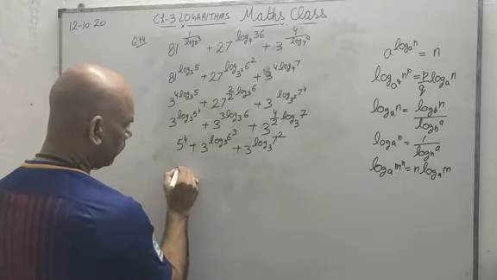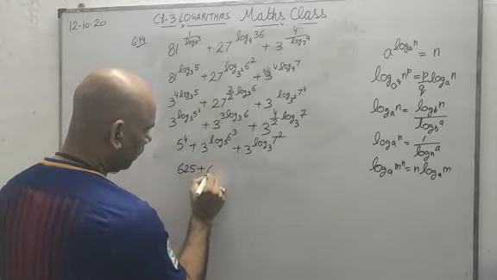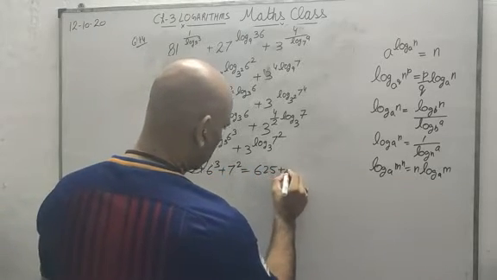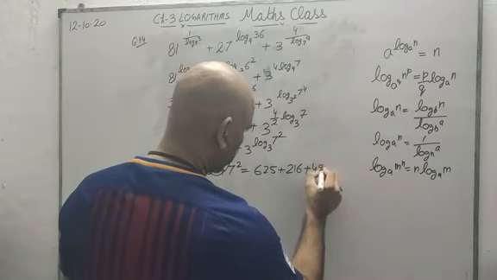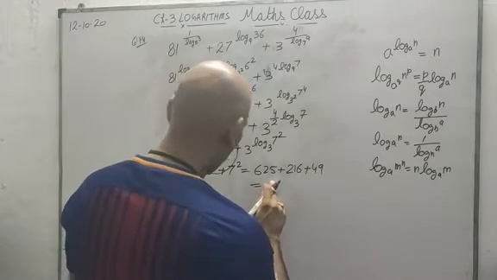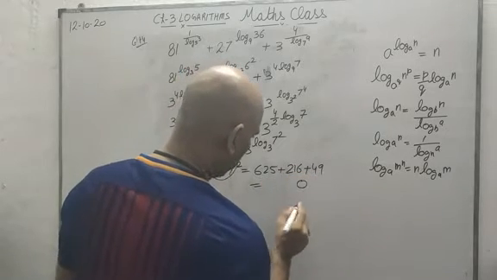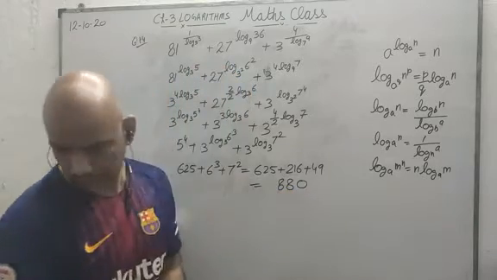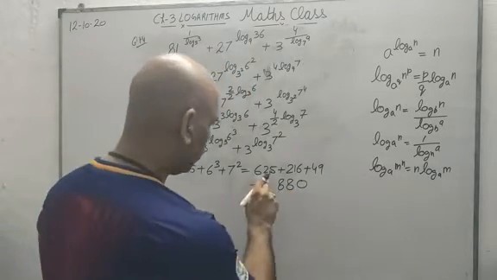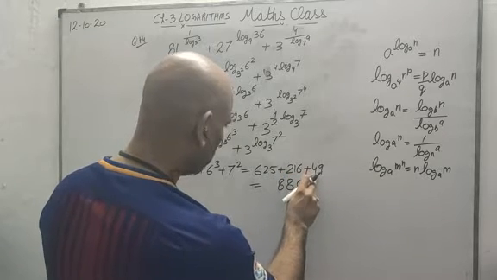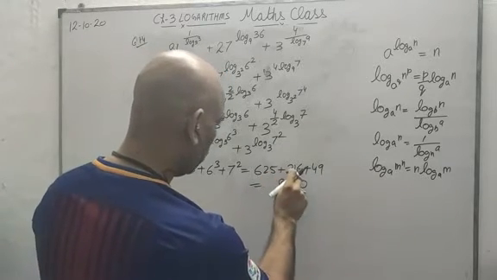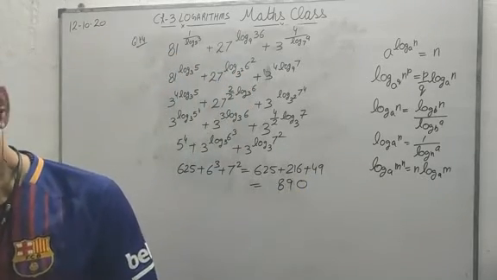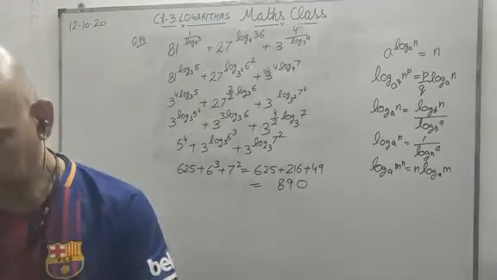So I will get 5 to the power 4, which is 625, plus 6 to the power 3 and 7 square. So 625 plus 6 cube is 216 and 7 square is 49. This all is 11 and 9, 20, carry 1, 2 and 1 is 3 and 1 is 4 and 4 is 8, and 6 into 8 is 880, 890. Where am I mistaken? 11 and 9, 20, yes, 890 it is. So this will be the solution for question number 14.